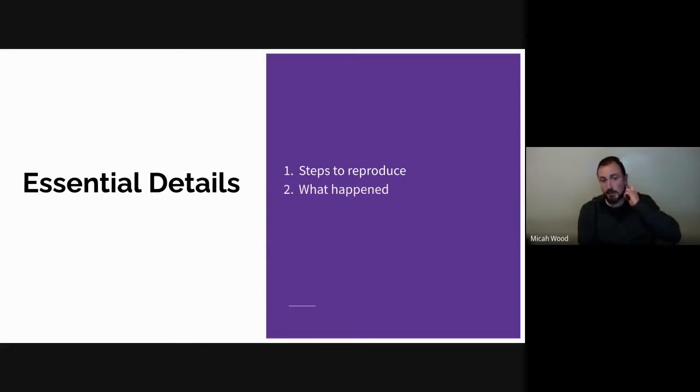And then we want to document what actually happened, right? So you want to make sure that you list out, these are the steps I did, and when I did this step, this is what happened. And also document what you expected to happen, because, as we said before, whenever you run into a problem, it's the difference between what you expected and what actually happened that is the problem.